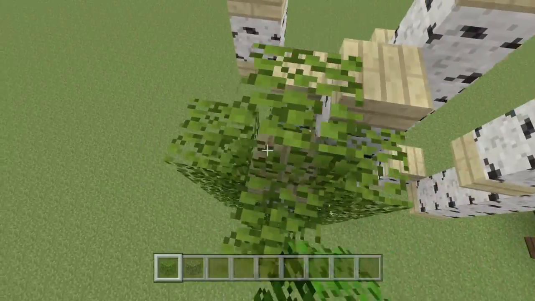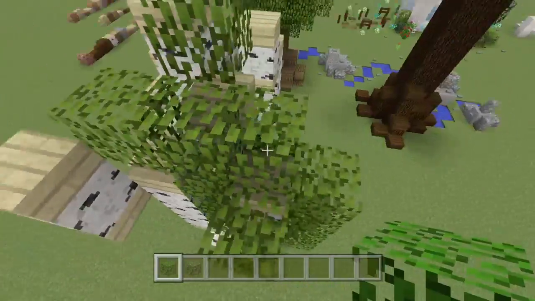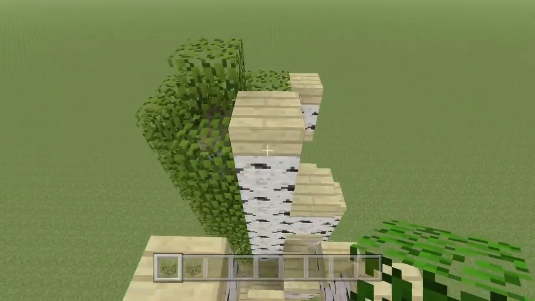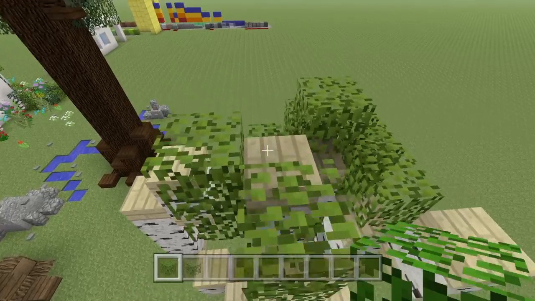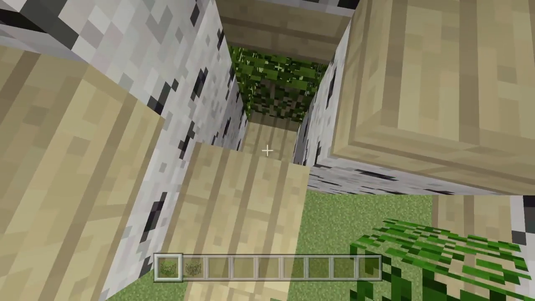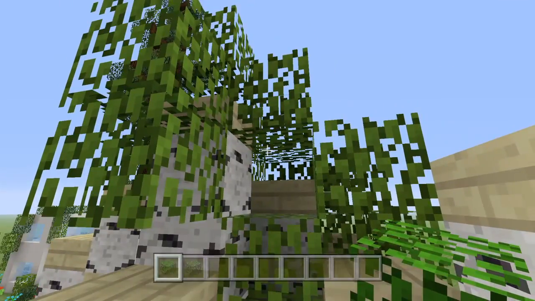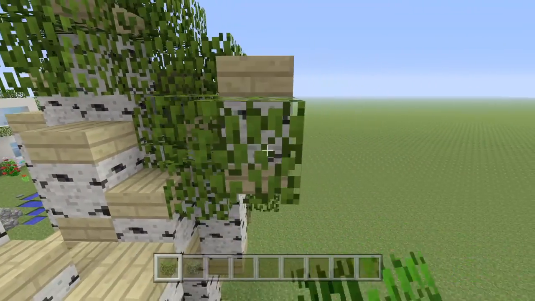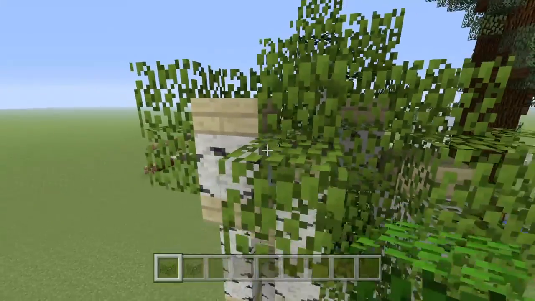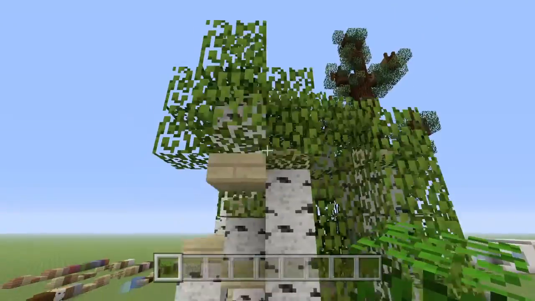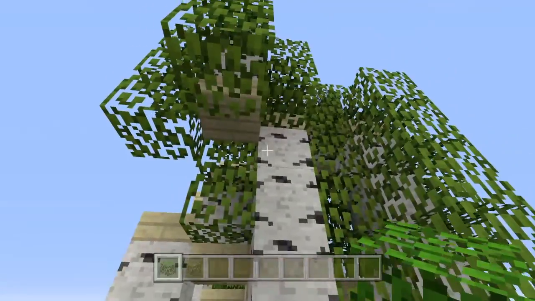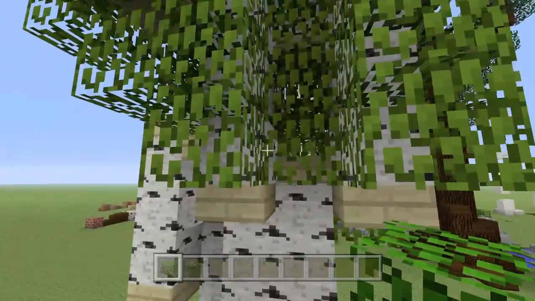So fill all these in just by one block. And if we only fill them in by one block, everything is exposed, so we can then add in the different leaf blocks. We won't have trouble having to go through the actual tree. Well, obviously there's gonna be some of that, because of how twisty all these leaves are. And since the shapes of the tree trunk and the branches are so wacky and odd, it's not gonna look very good once we add in the leaves. I'm just gonna say it now. If it does,